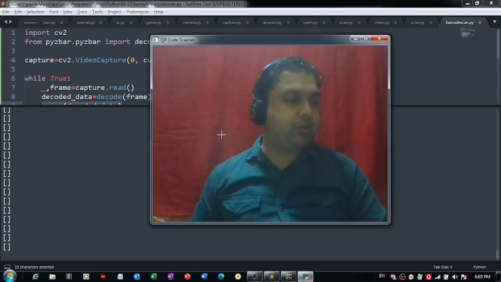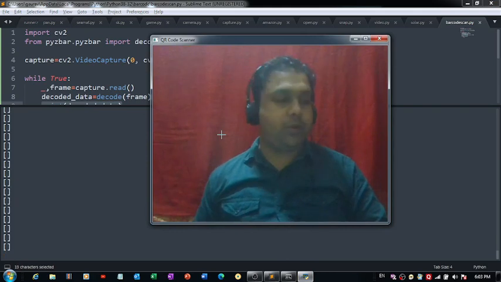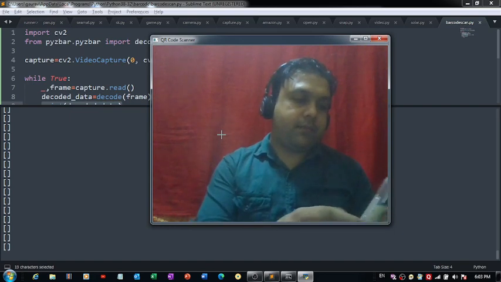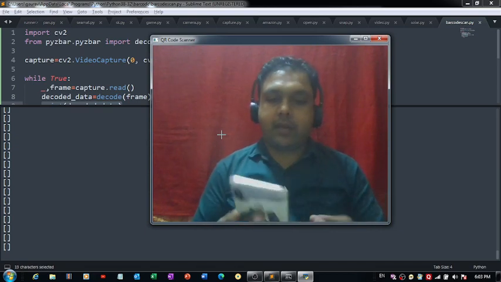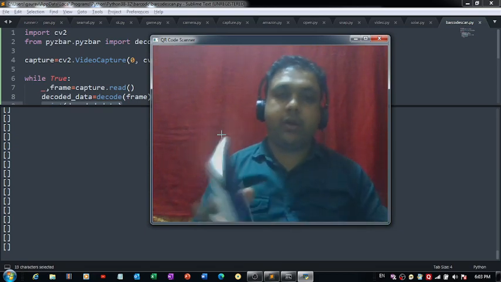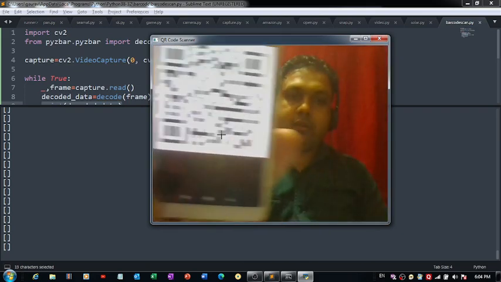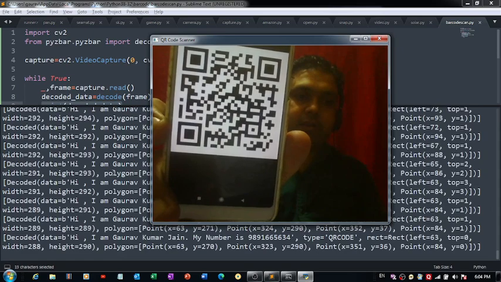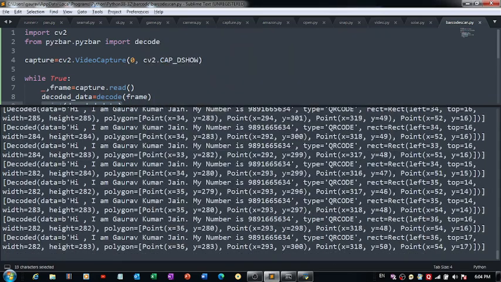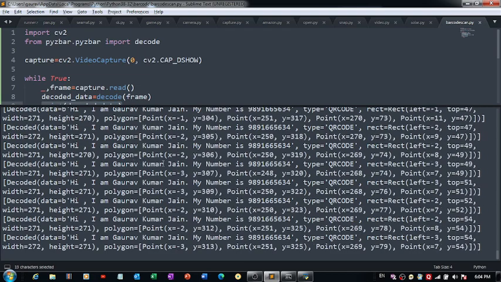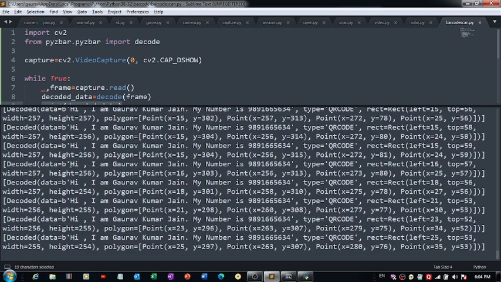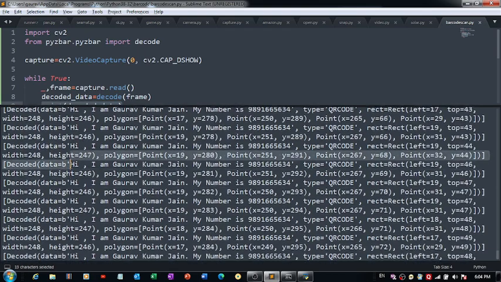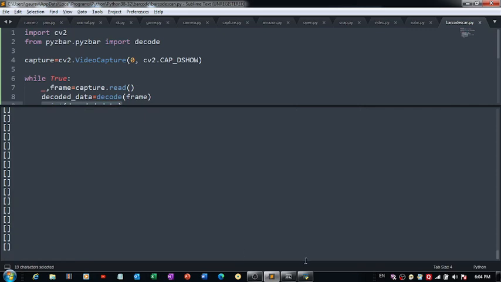Let me see if I will show it a QR code. I have generated 4 to 5 QR codes, and they are there on my mobile phone. I would like to just show a QR code to this camera of mine. Let's see whether it will be able to decode it or not, the code which I have written here. So as you can see, it just decoded the QR code, and hi, I'm Gaurav Kumar Jain. My number is 9891665634. So this is what I have generated the QR code for, and I am able to get the output,